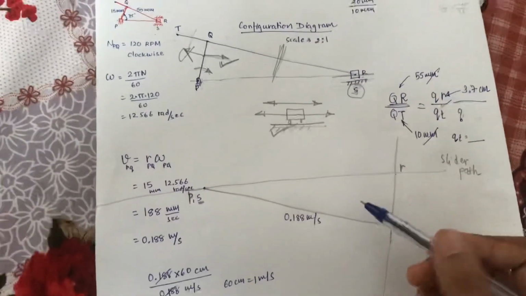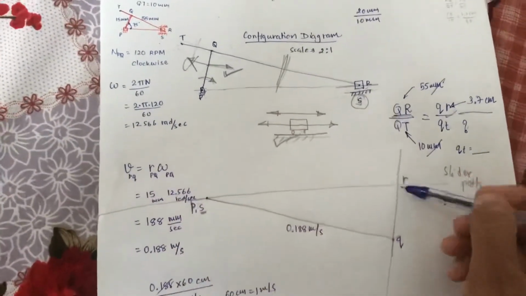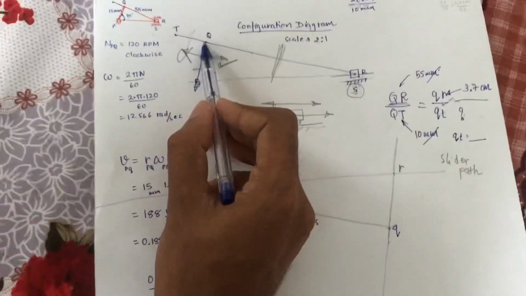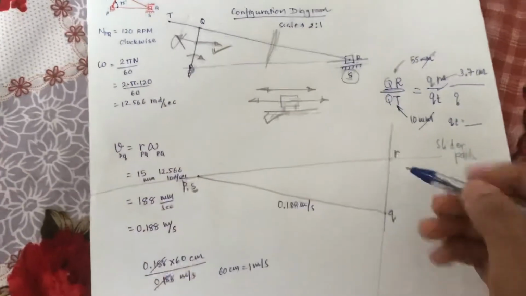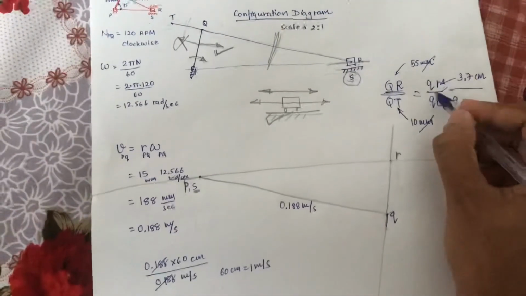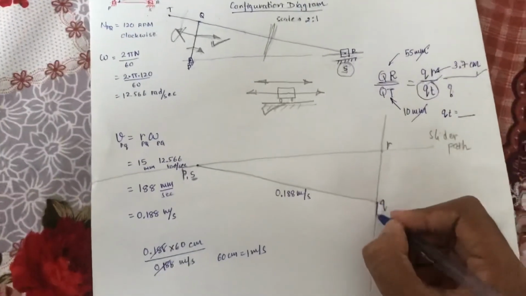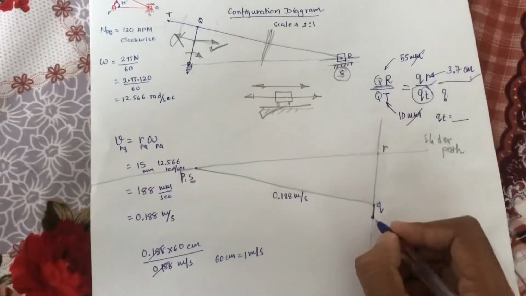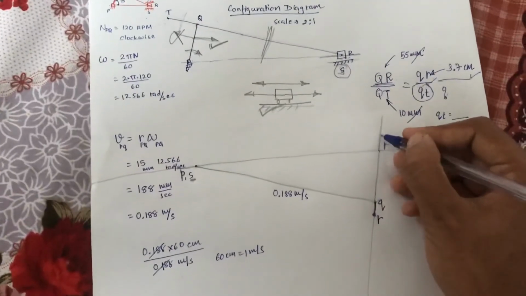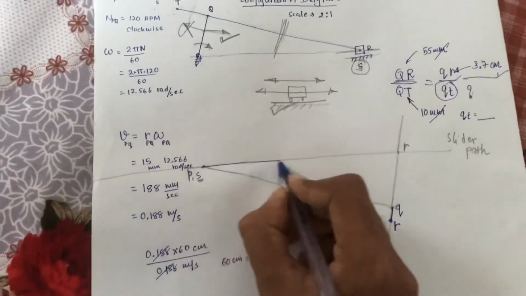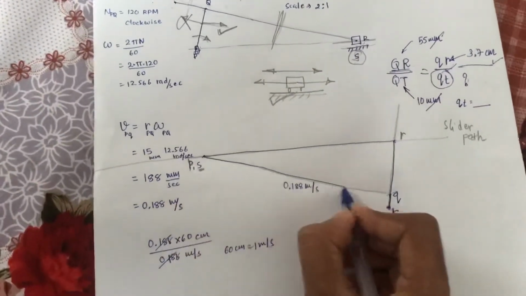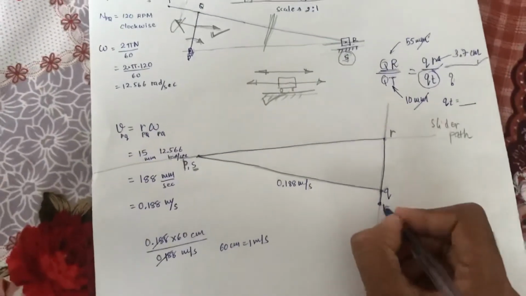Now how to locate qt? T is on the QR link. So here it is the QR link in the velocity diagram. T is towards the q side. So we have to extend towards the q side. What is the extension? The extension is the value of this in centimeters. Here I have 1.02 centimeter. So that is R point on the q side. If it is on the R side, then we have to extend this portion. So ultimately this one is our velocity diagram, and here it is T point.